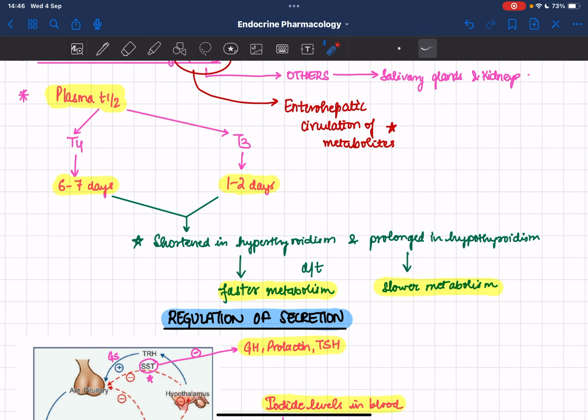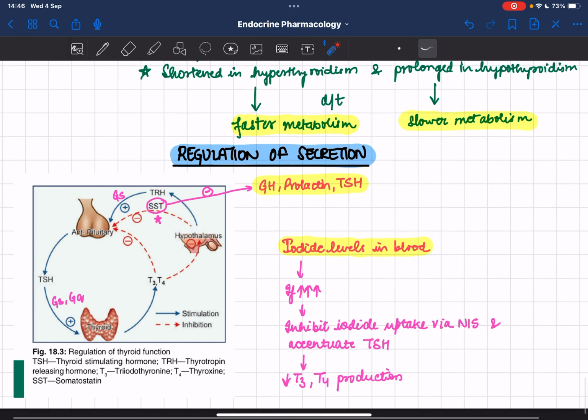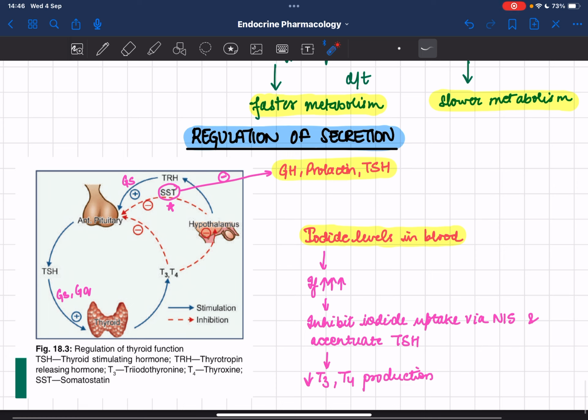ओके, नाउ तो लास्ट टॉपिक ऑफ दिस वीडियो वी कम टू द रेगुलेशन ऑफ सिक्रीशन। ये रेगुलेट कैसे होती है इसकी सिक्रीशन। ठीक है, तो देखो ये एंटीरियर पिट्यूटरी, इसको जब हाइपोथैलेमस से टीआरएच सिक्रीट होता है, दैट इज टीआरएच इज थायरोट्रोपिन रिलीजिंग हार्मोन। इसका मतलब है कि थायरोट्रोपिन को रिलीज करो। थायरोट्रोपिन इज व्हाट, टीएसएच। तो अल्टीमेटली जब हाइपोथैलेमस से थायरोट्रोपिन सिक्रीट होता है, इट एक्ट्स ऑन एंटीरियर पिट्यूटरी।